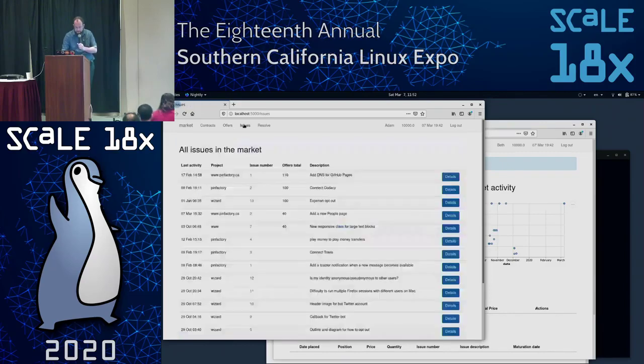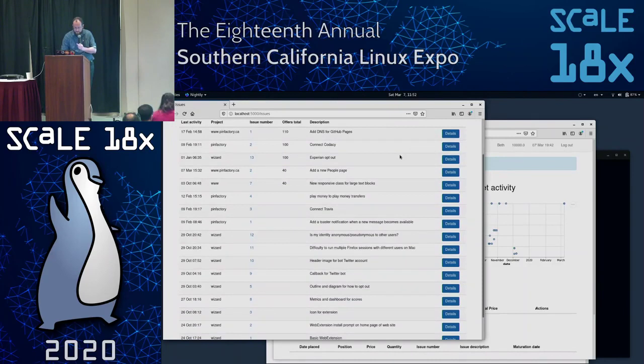And Adam is going to look at the available issues in the market. And Adam has decided, let's see, which one of these issues does Adam really want to get fixed? Adam really wants toaster notifications. So there's a bug for adding a toaster notification when a new message becomes available.